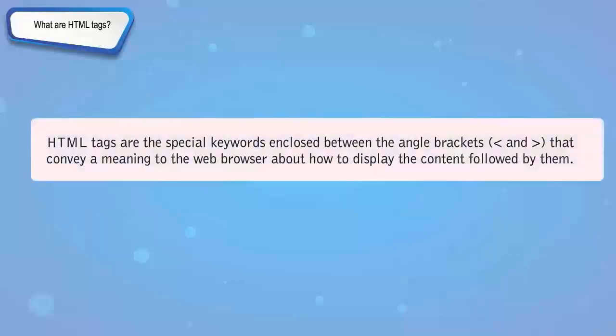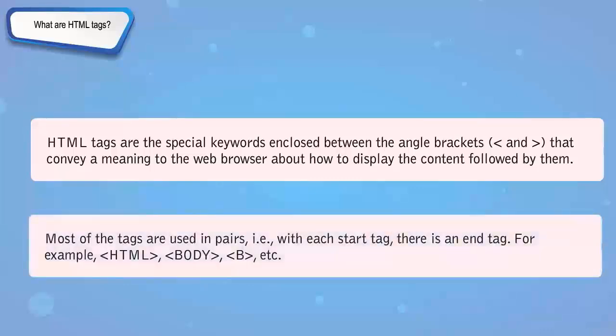HTML tags are the special keywords enclosed between angle brackets that convey a meaning to the web browser about how to display the content followed by them. Most of the tags are used in pairs. That is, with each start tag, there is an end tag. For example,